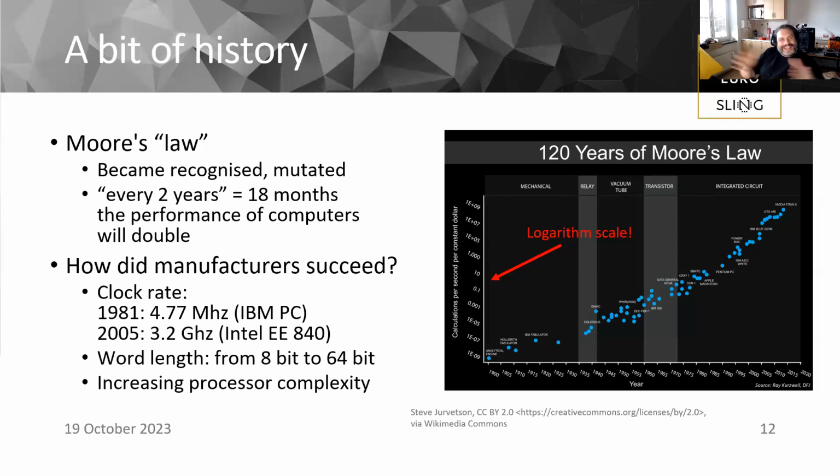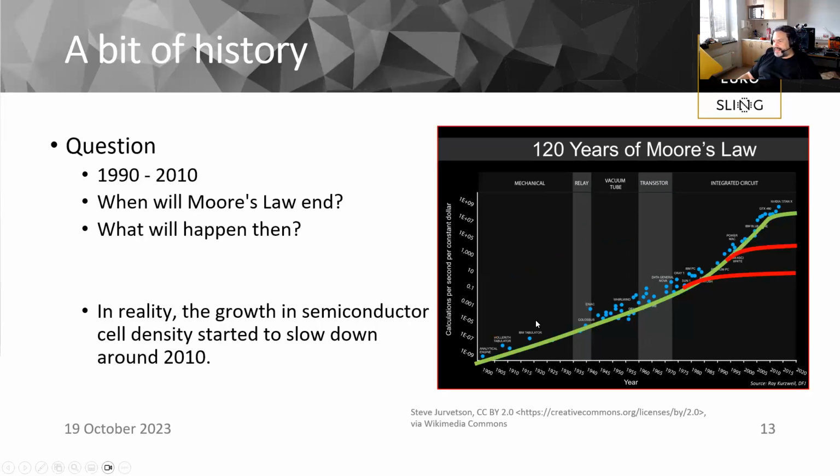And then the word length increased. What does this mean? Very simply, your registers became bigger. All of this increased processor complexity, and then something happened after this, at this time roughly. So you can see this on the right side,